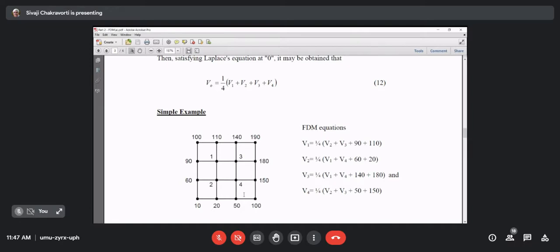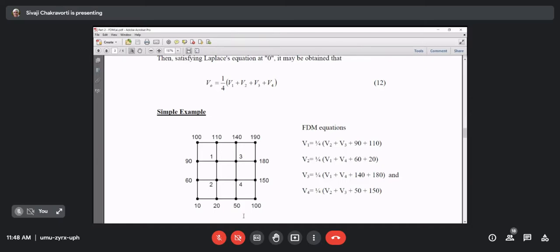So then let's take V1. How do I apply the equation 12? Please remember that equation 12 has V1, V2, V3, V4. Out of that, V1 and V3 are in the x direction, V2 and V4 are the y direction. So when you take this example, now here V1 is actually your V0 on the right hand side. Then V3 and 90 are V1 and V3 in the x direction, and 110 and V2 are V2 and V4 in the y direction of equation 12. So you have to always correlate these two, and that is written as V1 on the right side.